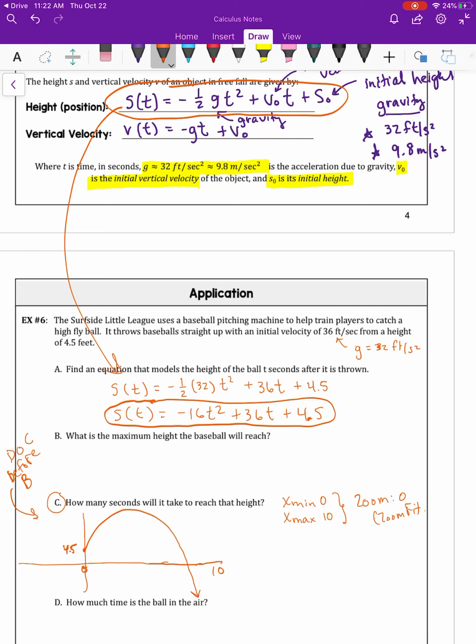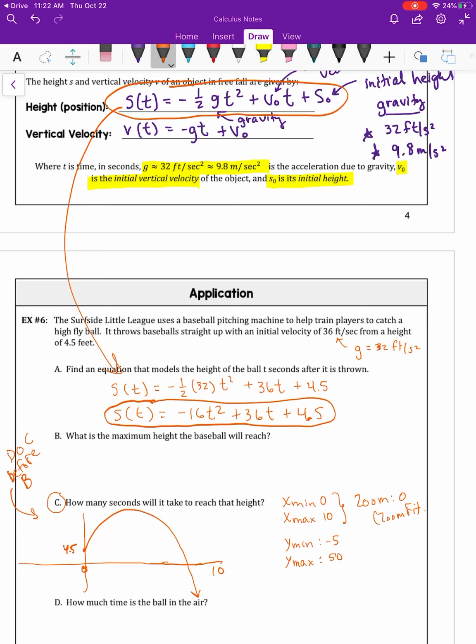So y min -5, y max 50. That was after you did zoom fit, because it really didn't give you a good window. So if you want to just put this window in and hit graph, you could do that too. But so now you've got a picture of this, and it looks just like the picture that I have drawn